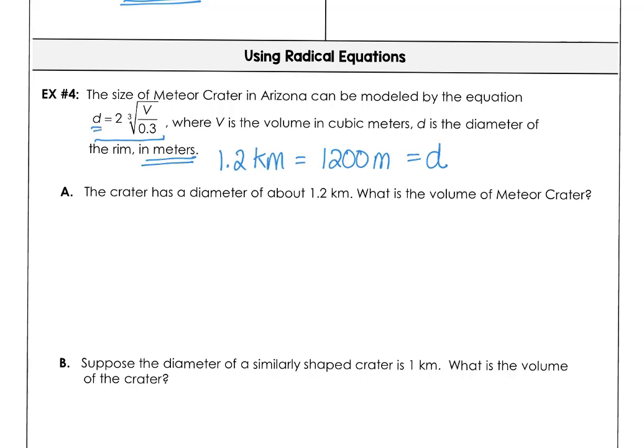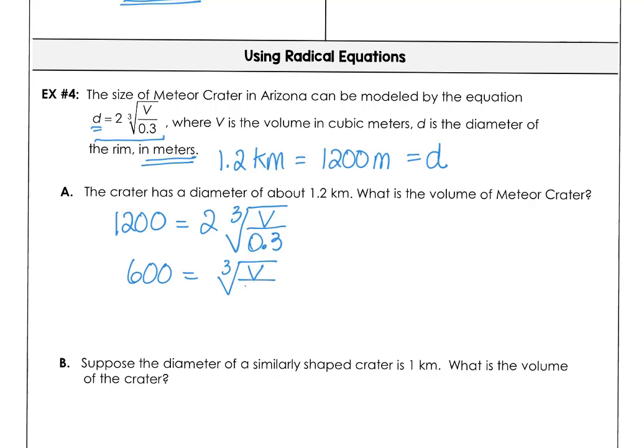So we're going to substitute 1,200 for d, and 2 times the cube root of the volume divided by 3/10 under the radical. So dividing both sides by 2, we find 600 is the cube root of v divided by 0.3. So cubing both sides, if we cube the left and cube the right, we're going to end up without a radical. So 600 cubed is